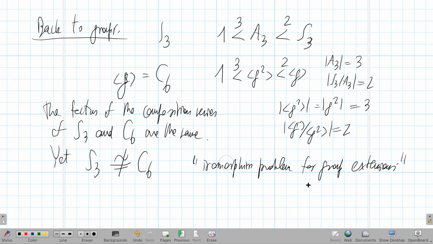So the isomorphism problem is very complicated because knowing the composition factors tells you something, but not too much about the group. Luckily for us, the situation for